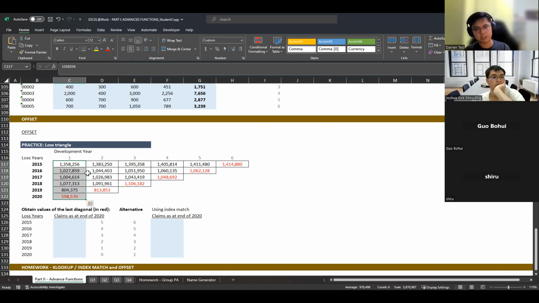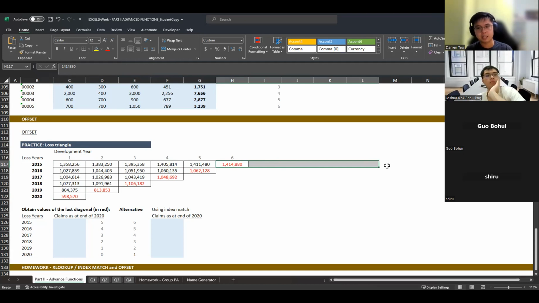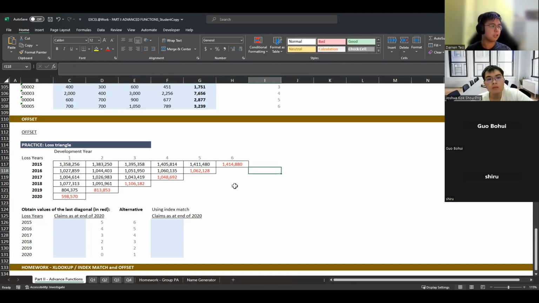It can increase or decrease depending on how the reserves are set. But ultimately, this will be constant in the long run, because I should have already settled everything in the claims 100 years from now. Okay, so that's essentially what a triangle is.